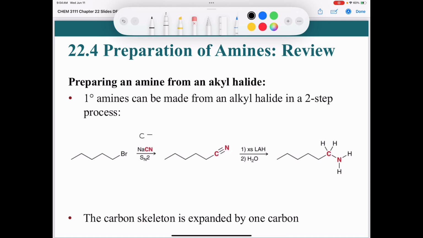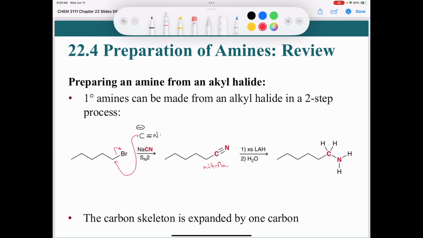I'll draw the whole Lewis structure of the cyanide ion. We have the negative charge on the carbon. And so that's going to be able to displace our halide via an SN2 reaction. So of course the limitations of SN2 apply. Then we have our nitrile, okay, and we can reduce the nitrile using lithium aluminum hydride in excess, followed by